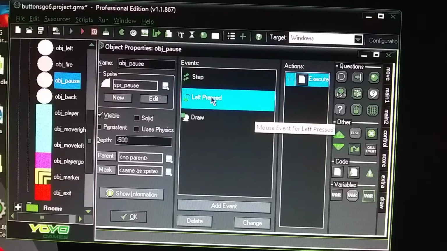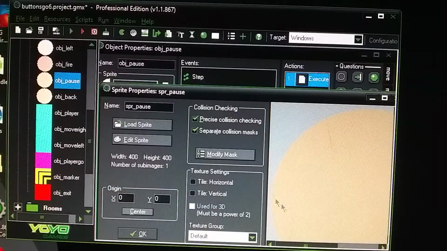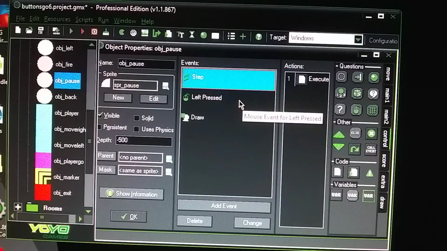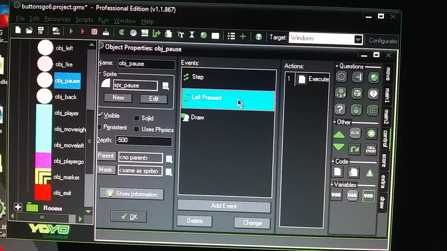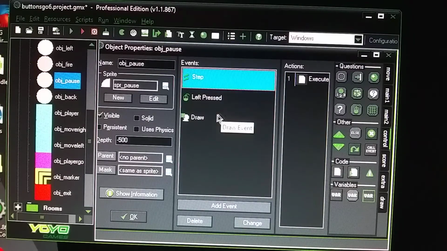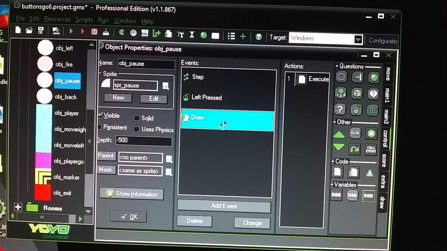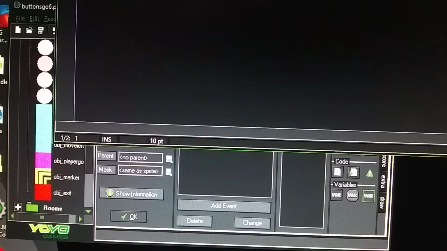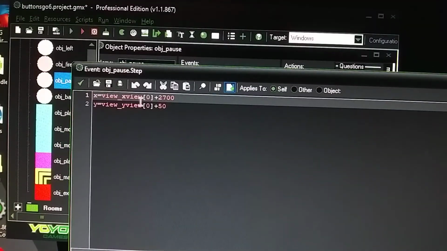So you need this left press event for your mouse click, and with the mouse click you don't need the draw event in there. You just need, you need the draw event, but you don't need the GUI. So instead of the virtual key, you have a step event. So the step event uses X views and Y views. So this step event's needed so that way,